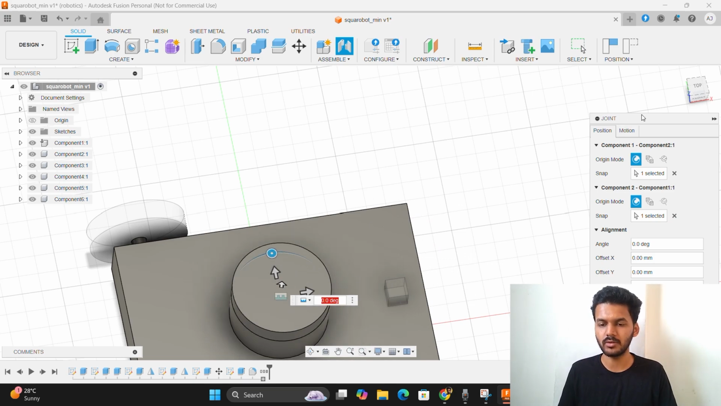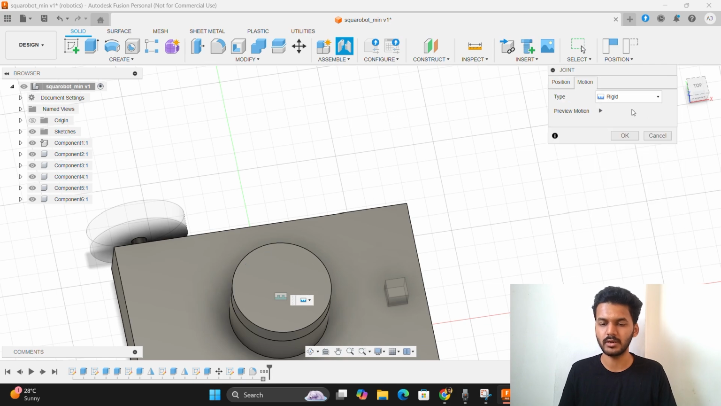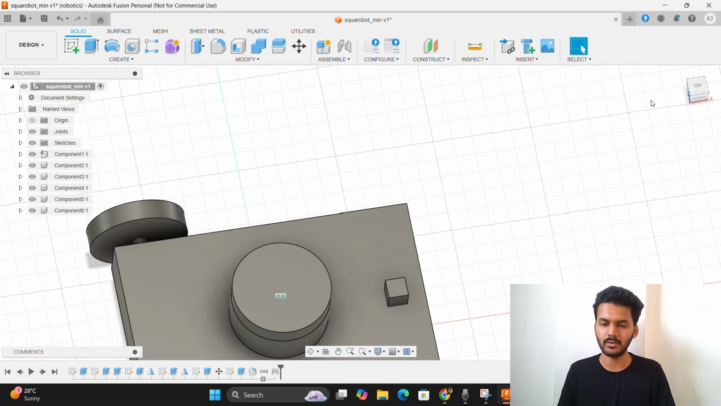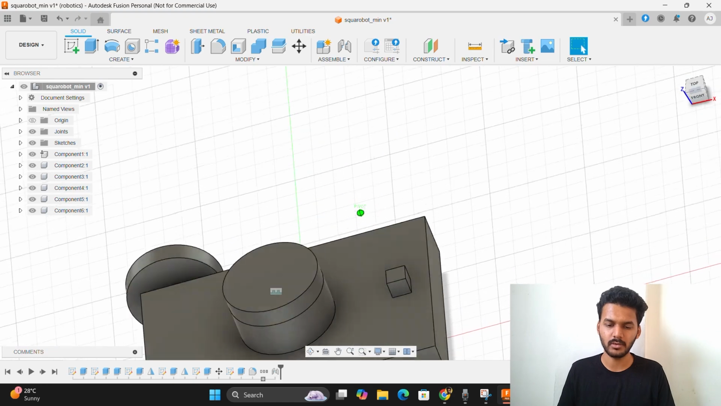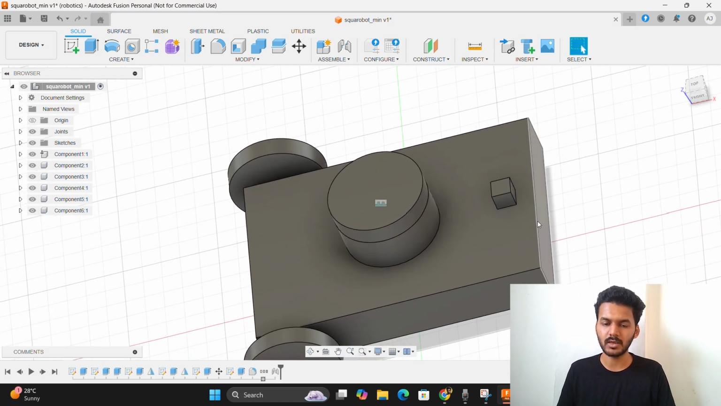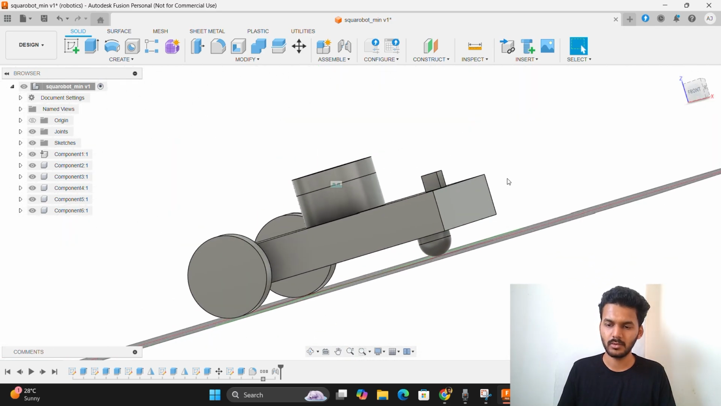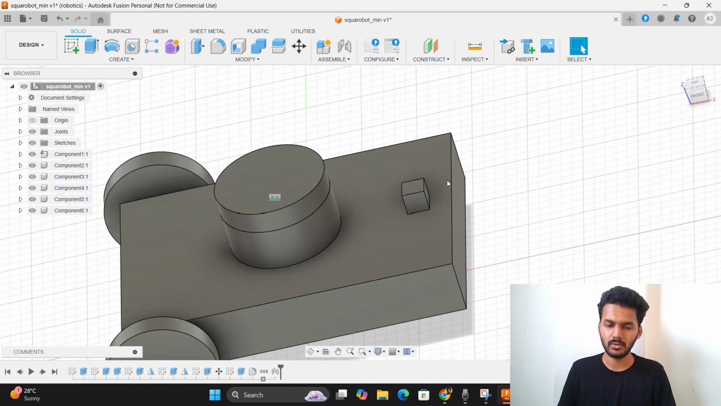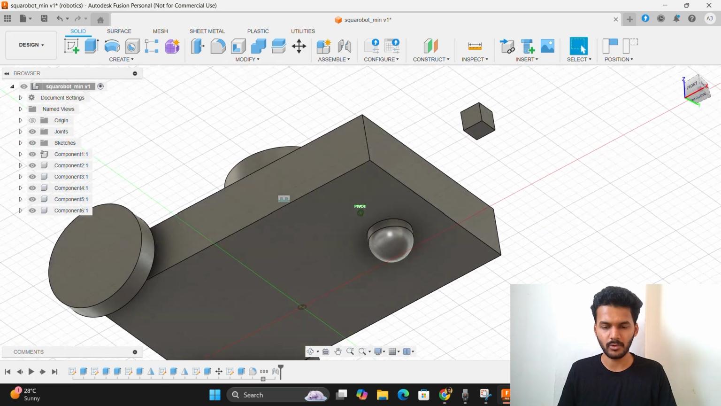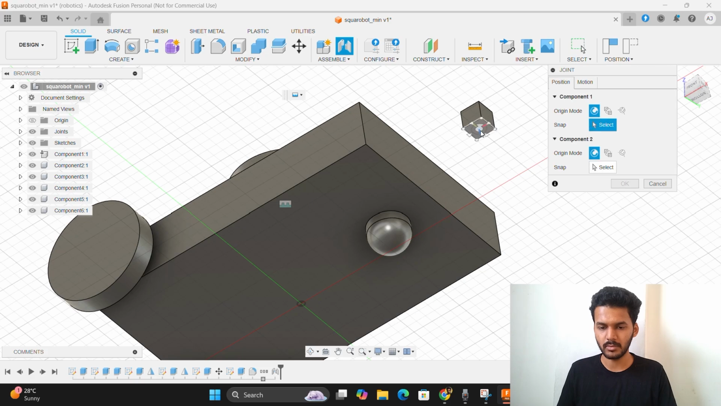The position is good, but we have to give motion here. It's rigid. Fine, so we have given a rigid joint here, similar to the case of the camera. Okay, so get it outside, get to the bottom of it, select the center,